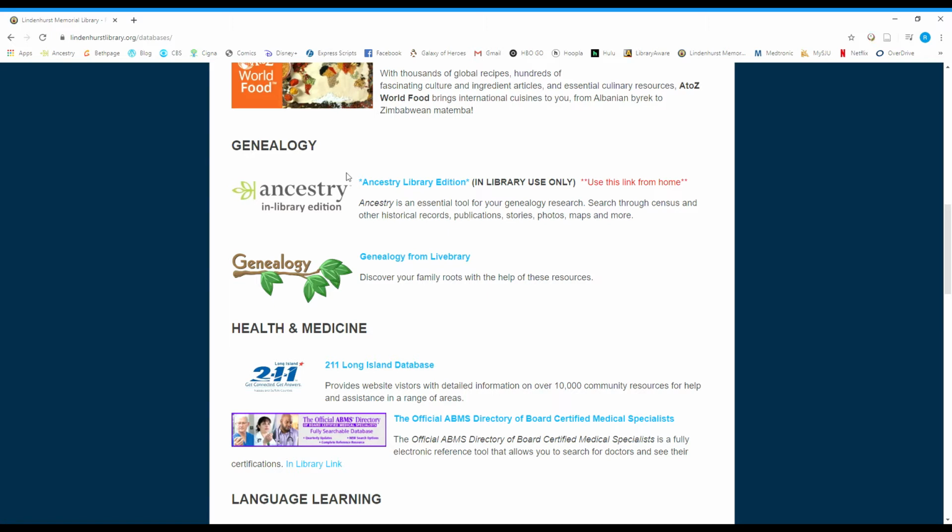Normally, you would only be able to access the library edition, which is different from the standard version, like if you have a personal account on Ancestry, which I recommend everyone should. It's free. They have a free version. You just sign up for an account. The library edition gives you access to premium content that you would normally have to pay for. And normally you would only have access to the library edition while on a computer